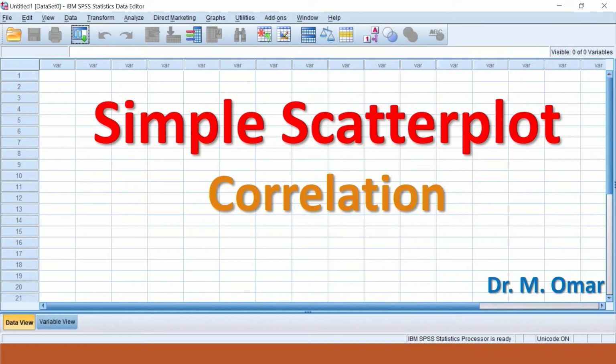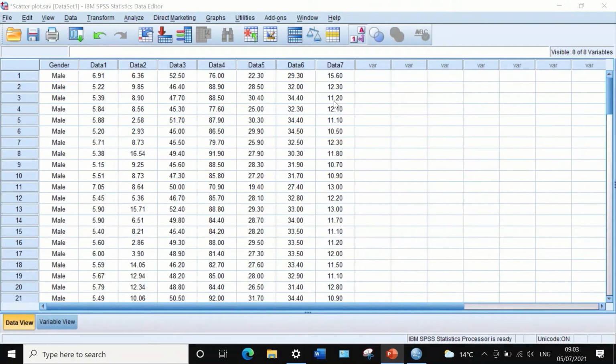So I will show you how to draw a simple scatter plot in SPSS, how to edit that diagram, and how to export the graph or the chart or the diagram into a Word document or a PowerPoint or a PDF format file, or save it as a PDF file. So here I have data in SPSS in which I have